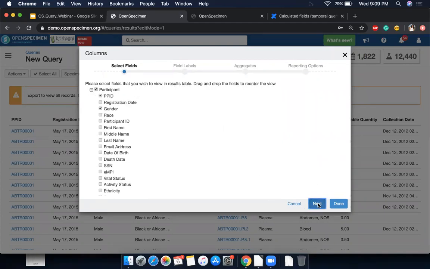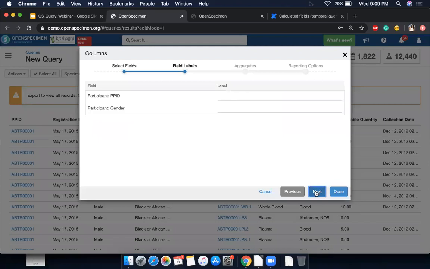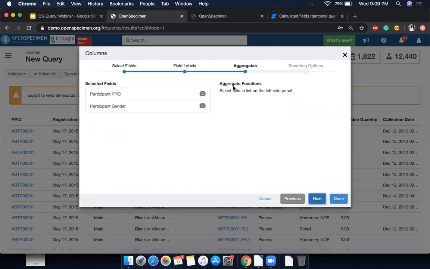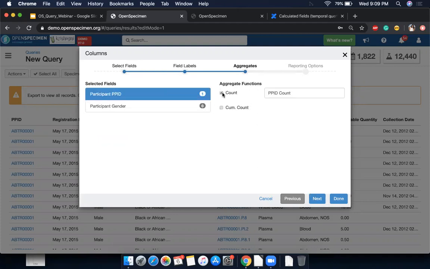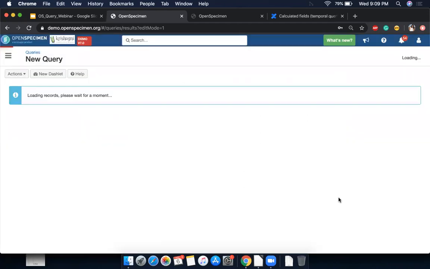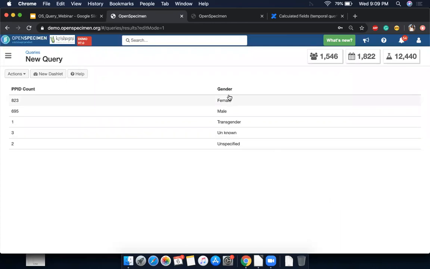Then I go next. If I want, I can rename. And when I go next, there is this aggregate function step. So I can select this and say count. This is going to give me the count of patients per gender. So now when I say done, I'll see that there is female 823, male 8695. This way it is just giving the counts of patients by gender.